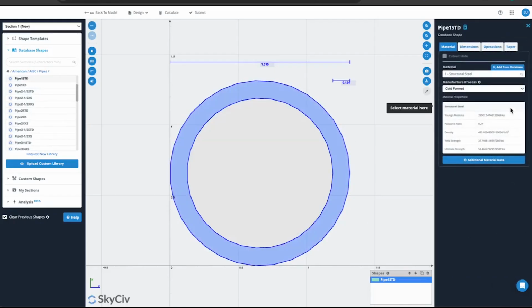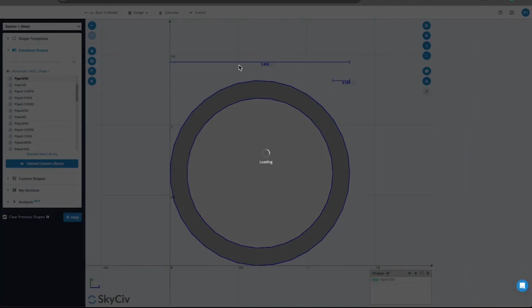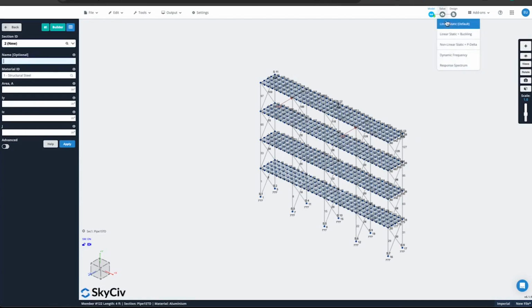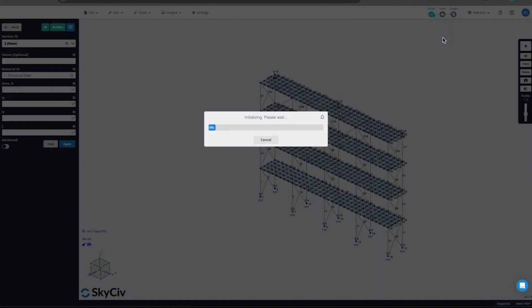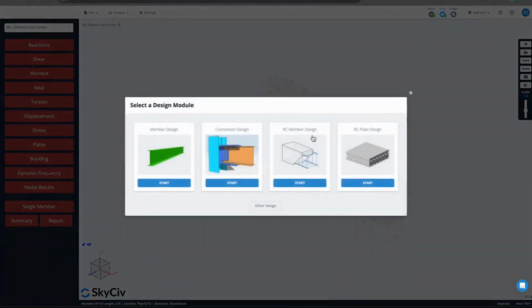So right now this is a hollow section. It's already steel. So this is how you would choose it successfully, but I just want to show you what would happen if, for instance, I chose aluminum. So we're going to hit submit. Now I have it all modeled. This solves. Now when I want to go to design, I'm going to go start new code, come down here